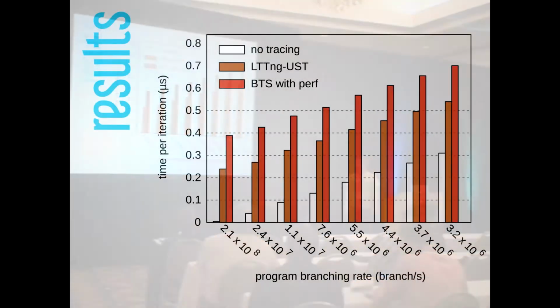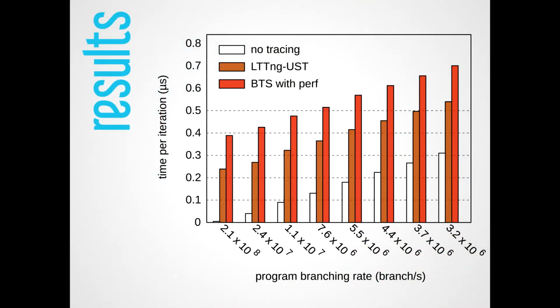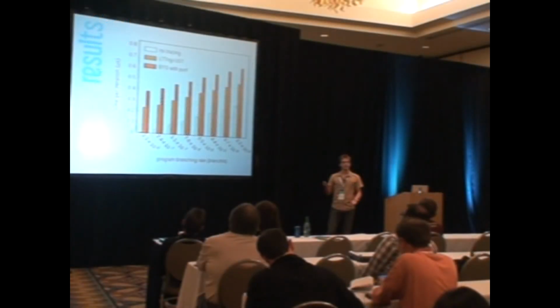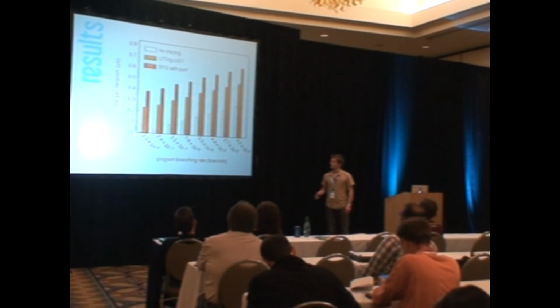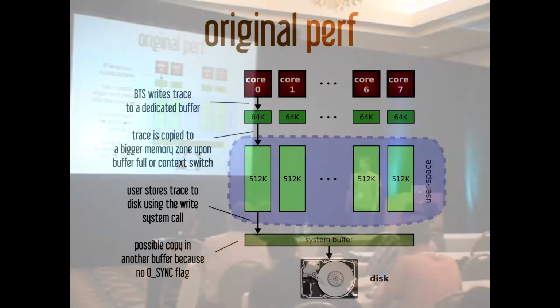performance. And what we see is that using BTS, so hardware, is slower than using a software tracer. It takes more time for recording the same number of events. And we thought it was strange. Okay, LTTng is fast, but there is something strange because Intel says it is not supposed to be so slow. So we dived into Linux to see how it deals with BTS, and this is how it is currently